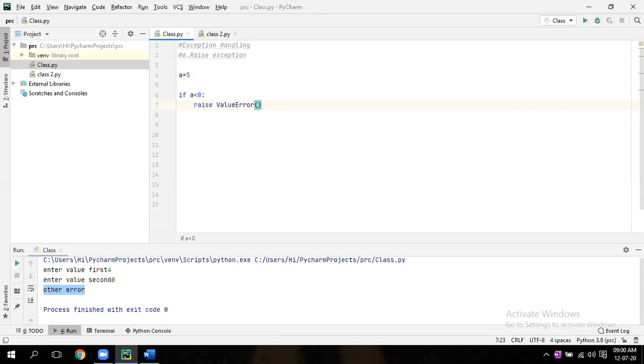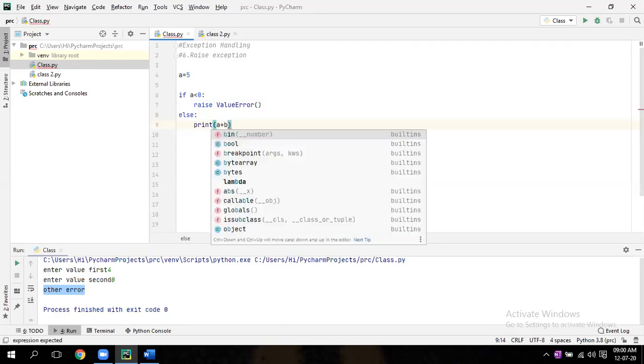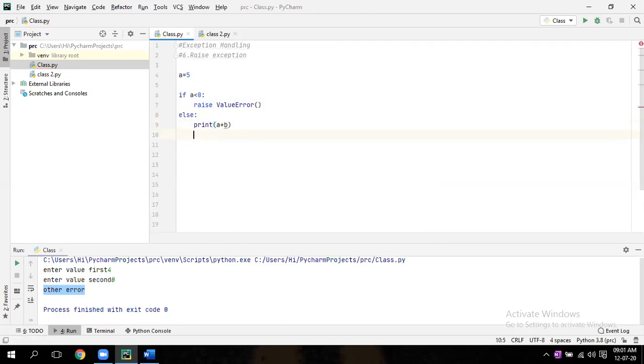Enter. Else, print A. Colon after else. Print A. There is no B.